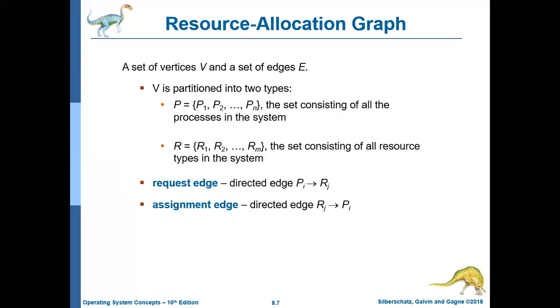Now we were discussing the resource allocation graph. In the resource allocation graph, we have already discussed, but I am revising once again. We will have two different types of vertices, P and R. P is for process, R is for resources. P1, P2, P3 up to Pn are the processes, R1, R2, R3 up to Rm are the resource types. How many resources will there be of different types? Then we have two different types of edges. One is the request edge, another one is the assignment edge.